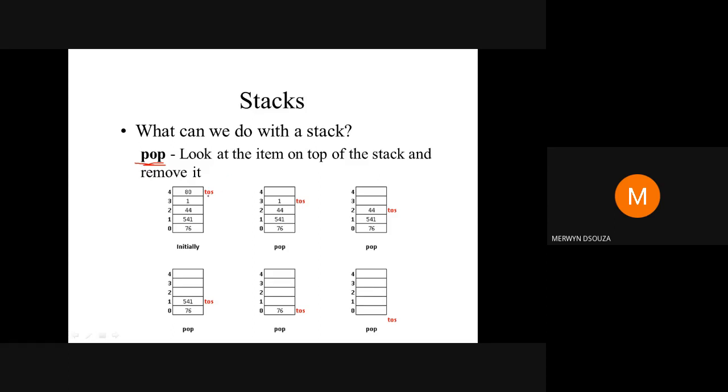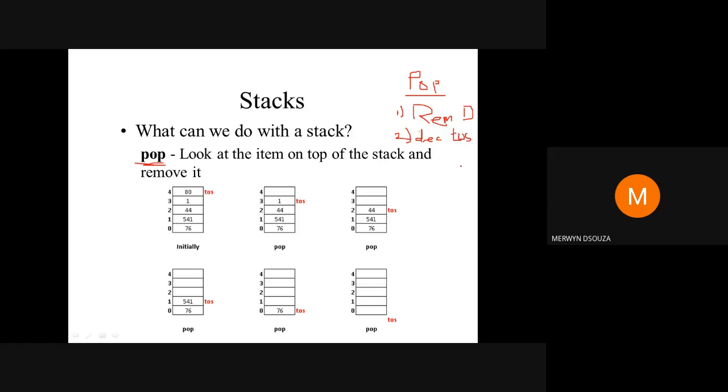So again, pop of the stack has 2 steps. In the first step, you are going to remove the data present at the top of the stack. And in the second step, you are going to decrement the top of the stack.